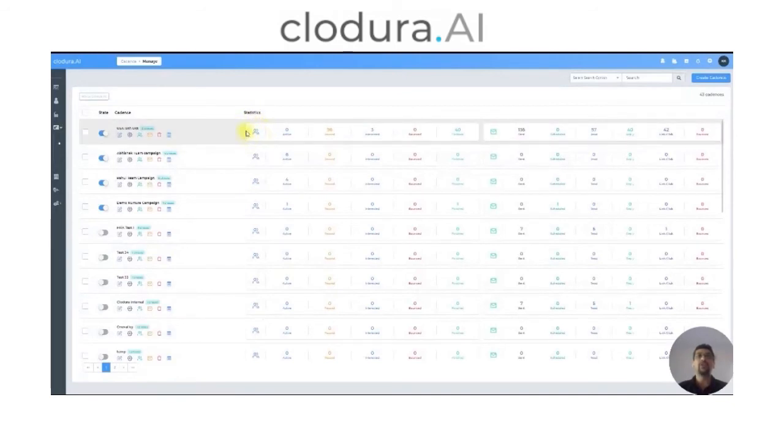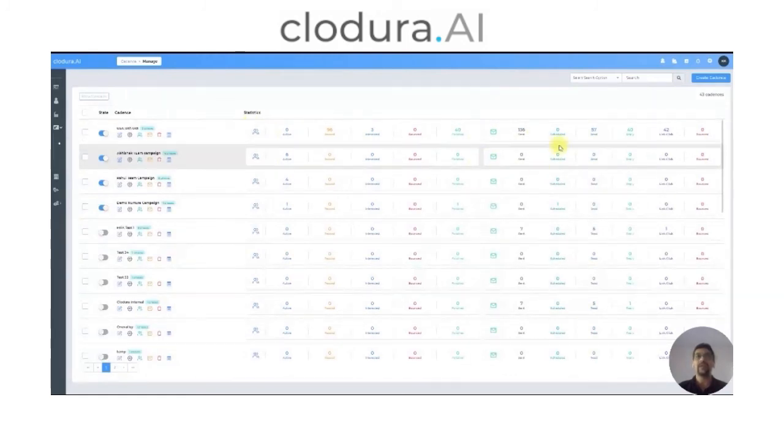And in the statistics, you will see contact level statistics, which will show you how many contacts are actually active in a cadence, how many are paused in a cadence, how many are already interested in your cadence, so you can take them off automatically, how many have bounced, and how many are finished in this cadence. And along with that, you'll also see email level statistics, which will tell you how many emails have been sent, scheduled, read, replied, link clicked, and so on. So we have given two levels of high level statistics here, contact level and cadence level. This will help you in terms of figuring out which contacts to send to which ones.